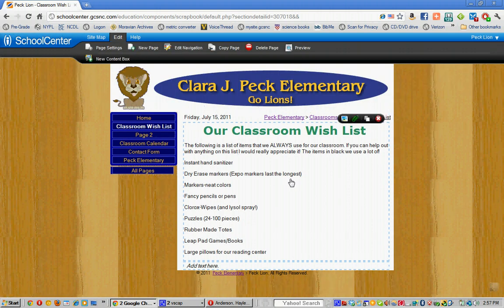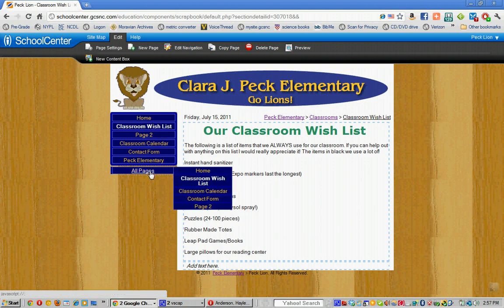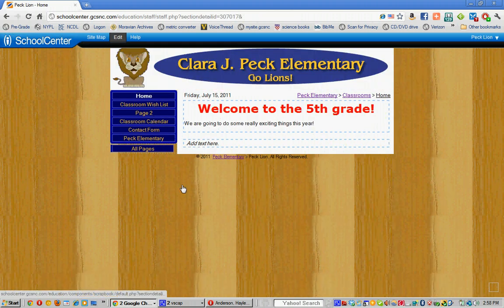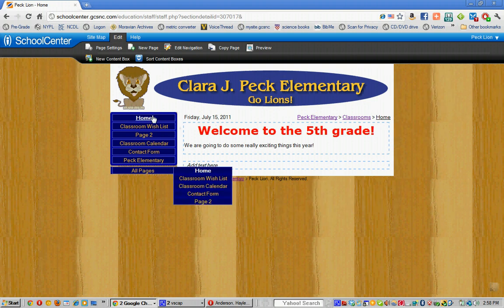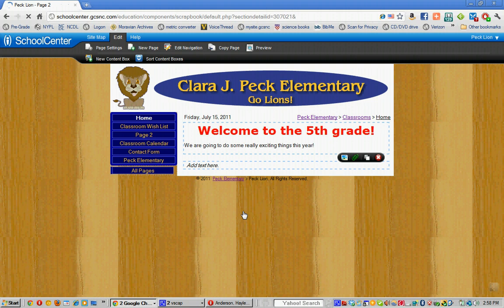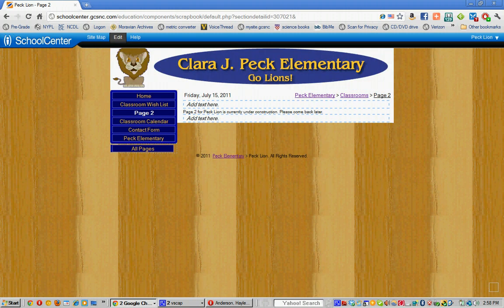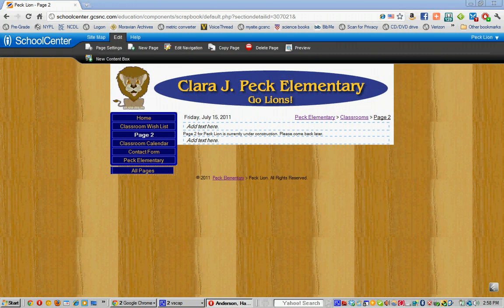Now that helps me know what page I'm on. It's here and it's here. Another way to tell is that it changes color. The page I'm on is white and bold, and the other pages are yellow. When I go back to home, classroom wish list becomes yellow, and home becomes bold and white. Go down to page 2, and on that page, let's put some,